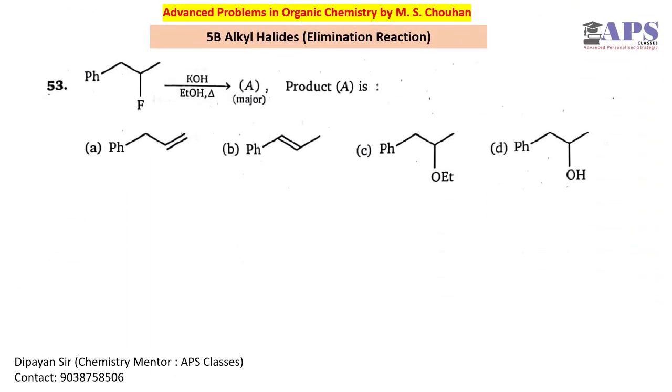Moving forward to question number 53, we have fluorine as the leaving group. So we have Hofmann type of elimination here. Generally we say that in Hofmann type of reaction, we have to remove hydrogen from the beta position where the number of hydrogens is more. We can abstract from this and we can abstract from this also, but generally we abstract from this, because this is the beta position where the number of hydrogens is more. So we may think that in this case this will be our product.